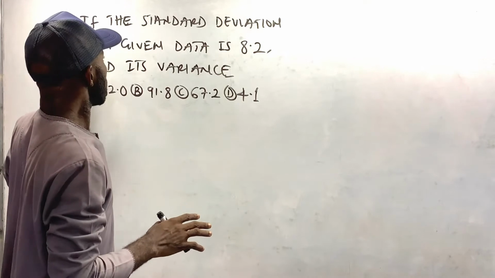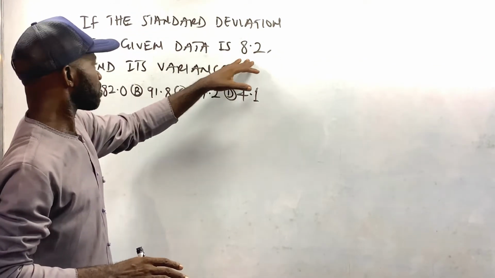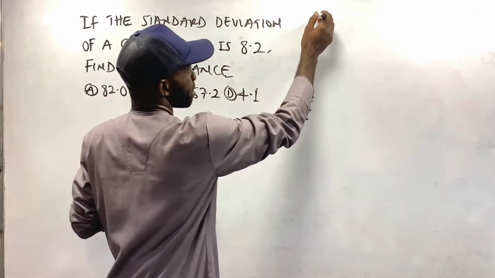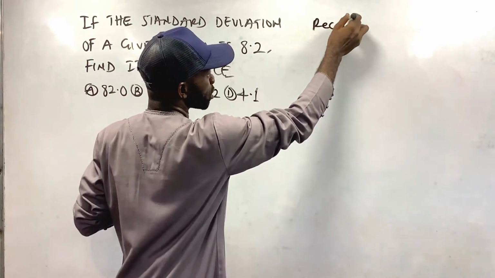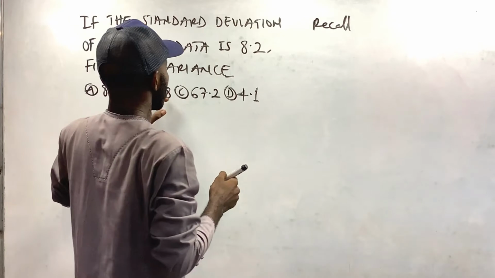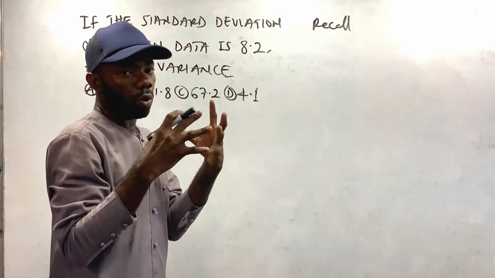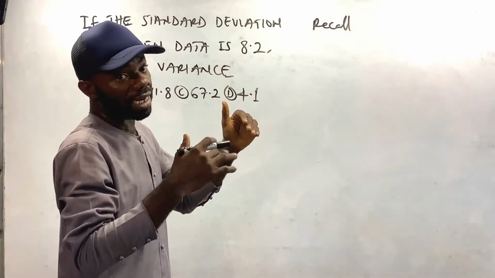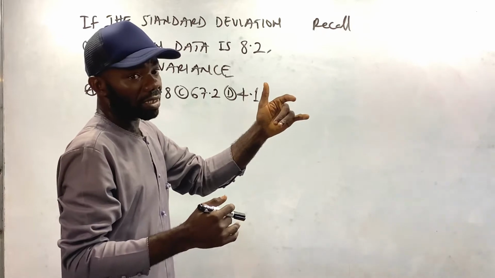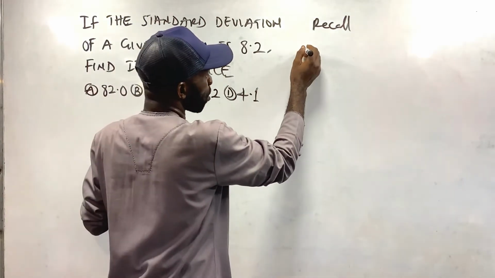Now, the examiner says if the standard deviation of a given data is 8.2, find its variance. The best thing any student will need to recall first is that variance and standard deviation have a link, a shortcut. What's the link? Before standard deviation, you have variance. And from variance to standard deviation, you realize that standard deviation is the square root of variance. Let's recall